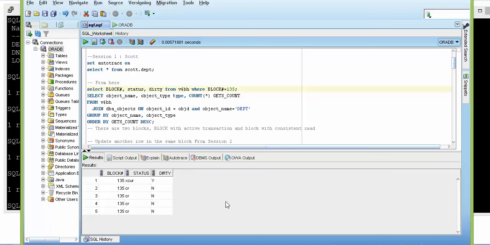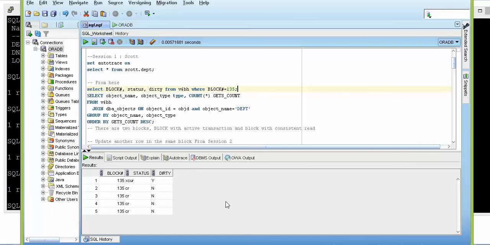Flooding the database buffer cache when there are multiple transactions, and also if there are multiple consistent read operations happening in parallel. All right. And this might be a little worrying to you, but please do not worry, because Oracle has some intelligence where it will be able to clean this up occasionally based on the LRU algorithm and the MRU algorithm, and I hope you know that these are the least recently used and most recently used algorithms, and it will try to keep the buffer cache as healthy as possible.